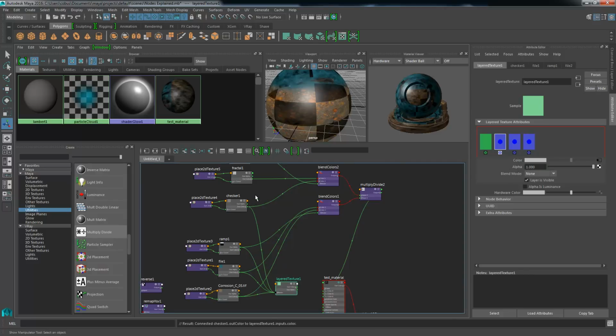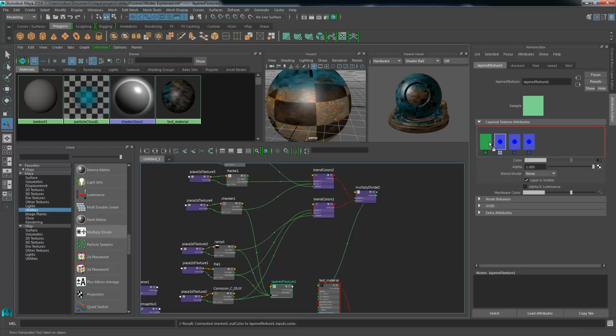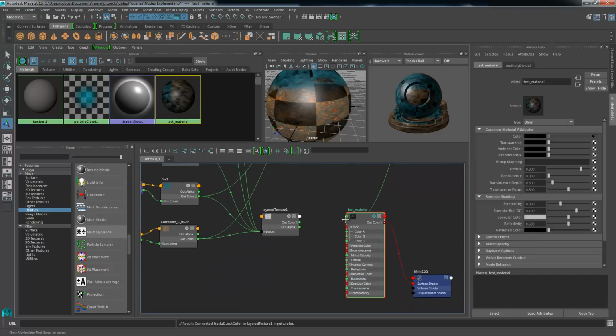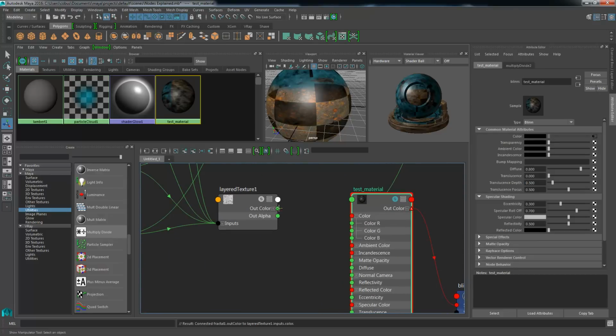I'm also going to do the same thing to the fractal, where I drag the fractal, undo that, select this first, and then drag the checker. Which one was it? Checker and fractal, that's the one, that's what I'm looking for. Great. So now we have 4 textures combined, and if we can connect the out color from the layer texture into there,